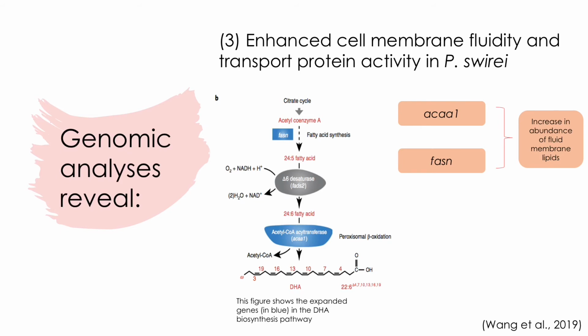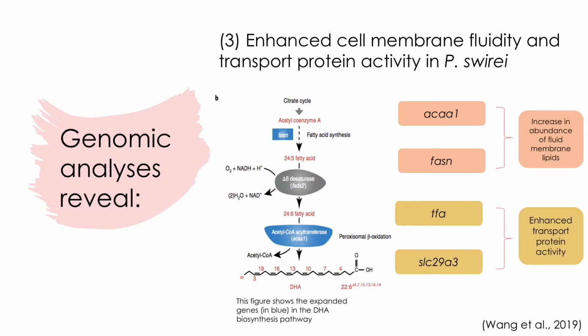Other significantly expanded genes include the TFA and SLC29A3 genes, which belong to families with ion and solute transport-related functions. This is consistent with the need to resist high pressures, which induce inhibition of fluid transport in hadal organisms. Other positively selected genes, which is a process by which new advantageous genetic variants sweep through a population, also exhibited functional enrichment with respect to transmembrane transport, ATP binding, and ion transport.